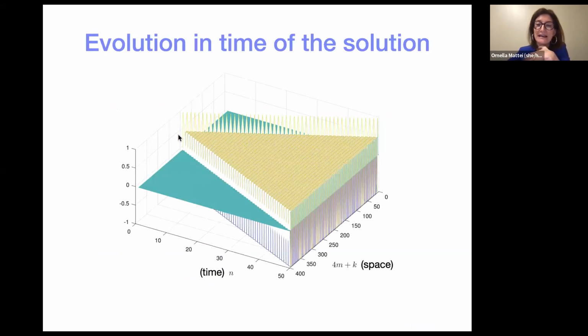So here we have a left-going pulse. This axis is time, this axis is space. And what I'm doing is to plot the solution at every time period at those points that I chose. So this is not the solution for any x and any t. It's just a discrete solution. But you see that the pulse propagates with constant amplitude at the edge of the field pattern, whereas in the middle, you have these oscillations that will keep occurring with the same amplitude.